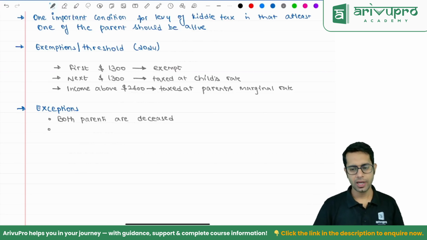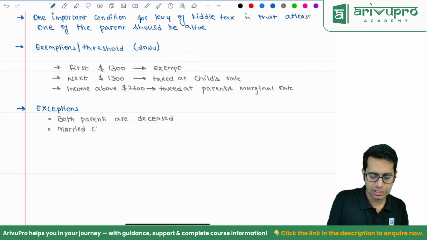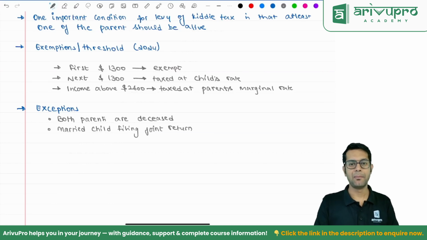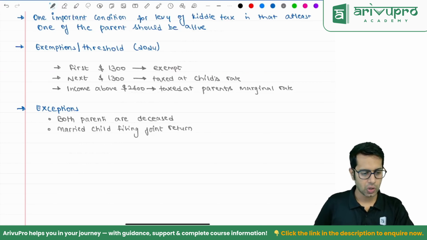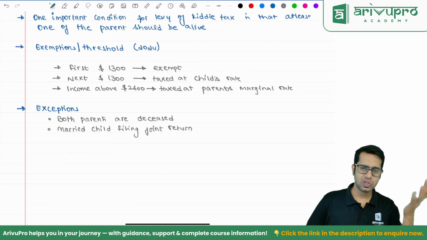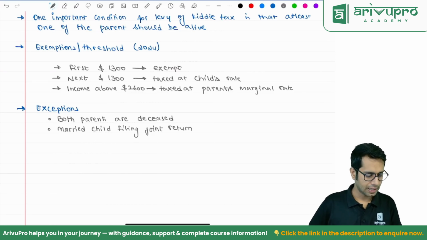Or you are a married child filing a joint return with your spouse. Or what, sir? You are married filing jointly. Then also you don't have to pay any Kiddie tax, because anyways you are filing a joint return with your spouse. You have to pay taxes on whatever income is taxable, whatever spouse income is taxable. Kiddie tax is done. Then the next type of tax is called